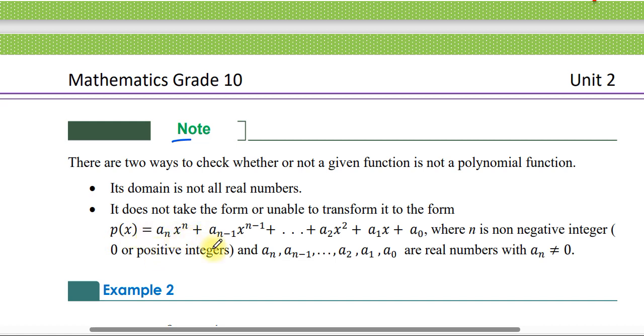is equal to an x to the power of n plus an minus 1 x to the power of n minus 1 plus a2 x to the power of 2 plus a1 x plus a0 where n is a negative integer or zero or positive integer and an minus 1 a2 a1 a0 are real number with an different from 0. ስለዚህ ወደ እንደዚህ አይነት ፎርም ትራንስፎርም ማድረግ ካልቻል ወይም መቀየር ካልቻል the function is not polynomial. ስለዚህ በእነዚህ ሁለት መንገዶች የሆነ ፋንክሽን ፖሊኖሚያል ነው አይደለም የሚለውን ነገር ቼክ ማድረግ እንችላለን ማለት ነው በቀላል መንገድ።